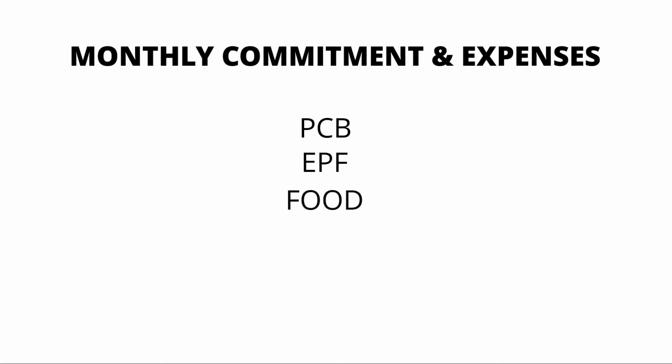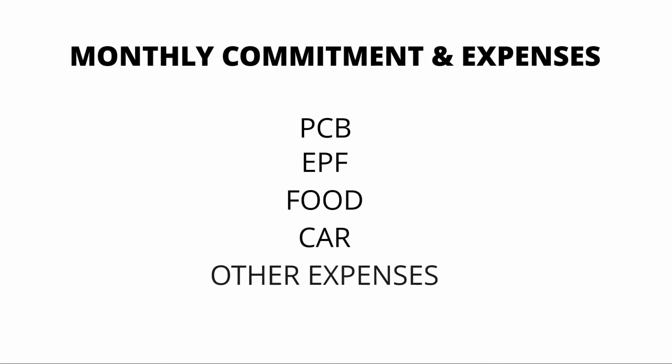Another thing about the PCB is that if you're going to buy any property or invest in a property, try not to avoid this, because the bank actually looks into how much tax you're paying. If for example you're buying a property but without properly documented income tax, it's likely that your loan would not be approved. So if you're going to buy or invest into any property, try not to avoid the PCB. Okay, other things like food, car, and other expenses. These are the things that the bank is actually looking into